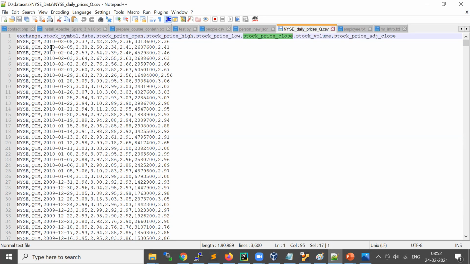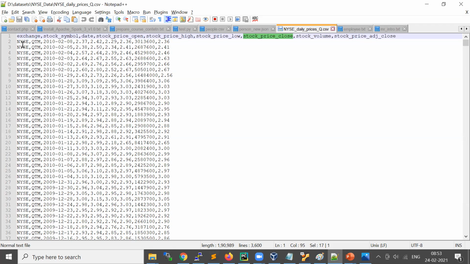This data has different dates, and on the same date it also has different stock prices and closing prices. So for each individual stock, we want to find out the maximum price. We are interested in the stock symbol column and the closing price column, and we'll find the maximum out of it.